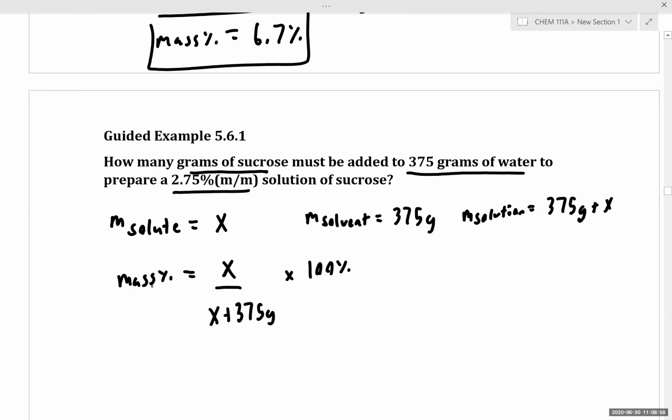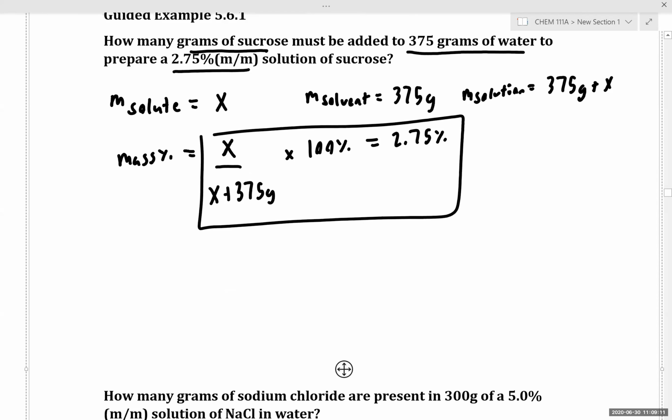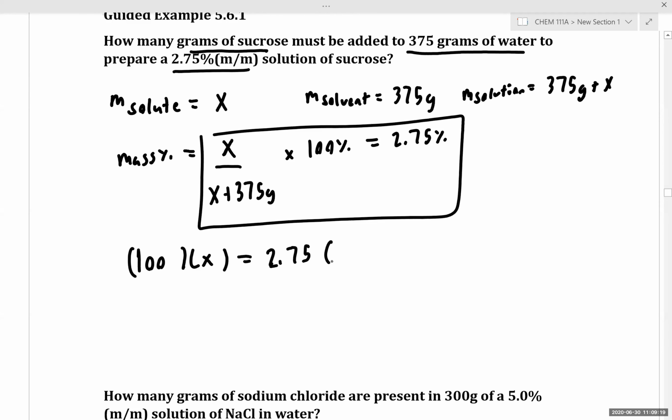And we know that our mass percent is equal to 2.75%. So now we just have an equation with a single variable and a single unknown, so we can solve for it procedurally. So we have 100 times X is equal to 2.75 times X plus 375. That gives us 100X is equal to 2.75X